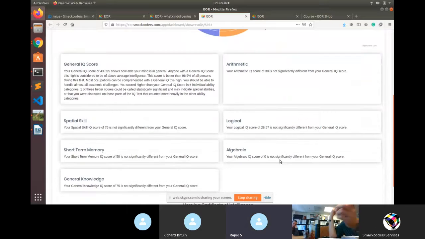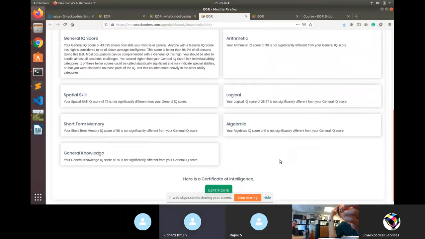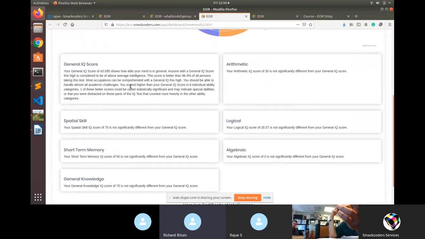Okay. And then also, we don't need to go down 3 numbers. So if you have a general IQ of 43, right? It doesn't have to be 095. You can just go 43% is fine. Or 43.9% or round up, but two digits is fine. Okay. Subbu, generate certificate so that we can see that.